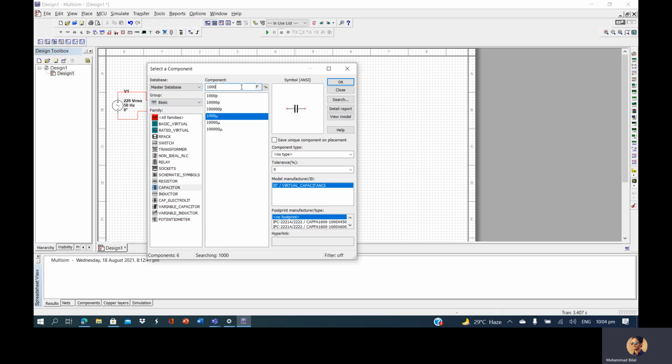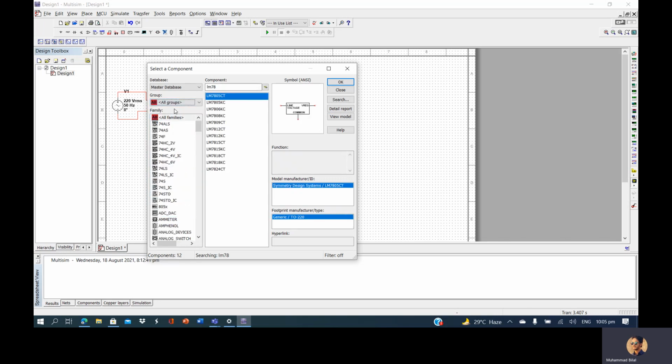We can search for LM7812. The 7812 IC is basically used as a regulator, and it gives a 12-volt output. So we can select it here from our group.